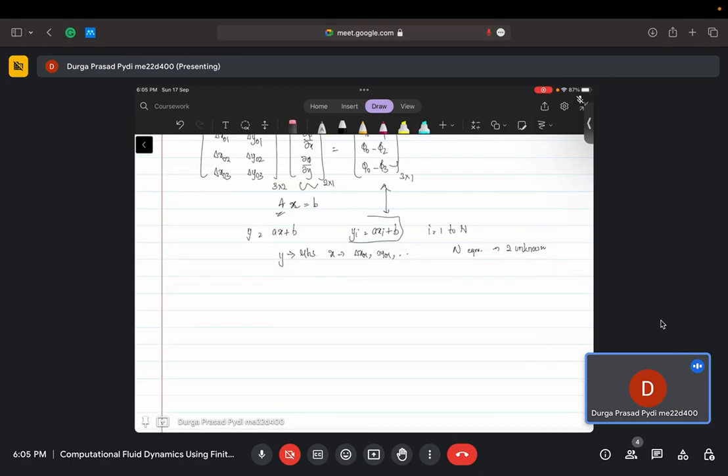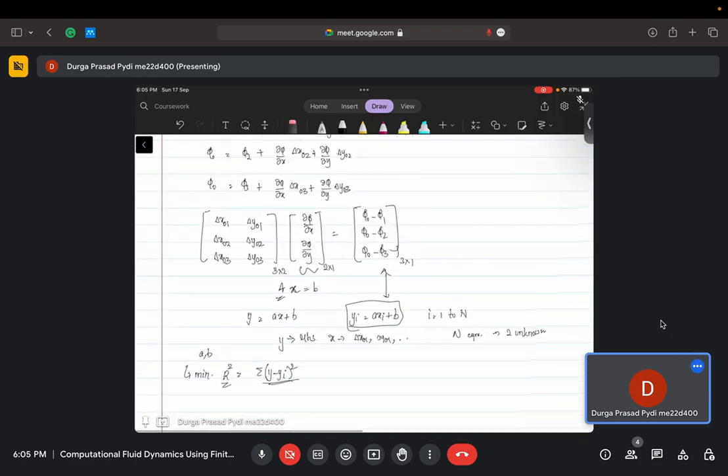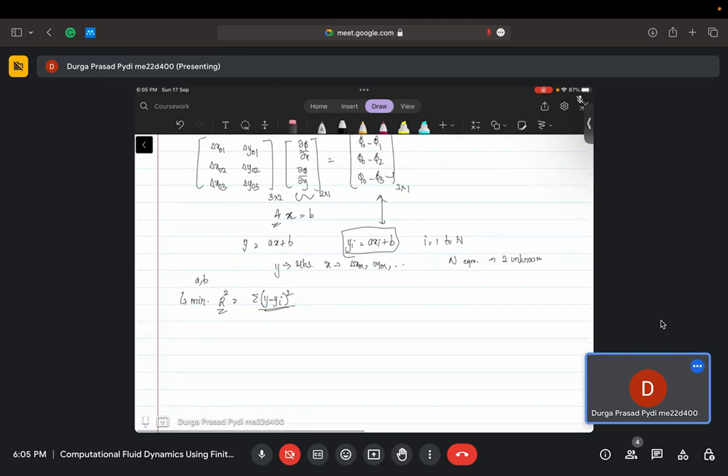So how do you solve this equation? We'll take the value sigma of y minus y squared and try to minimize it. You will find the values of a and b such that this particular value is minimized. That is what you do in linear regression. So you essentially try to minimize y i minus a x i minus b, whole squared. Similarly, in our particular case, what we try to minimize is